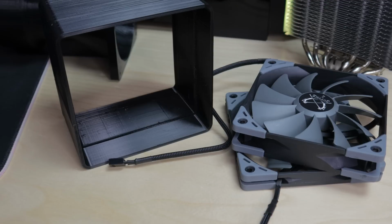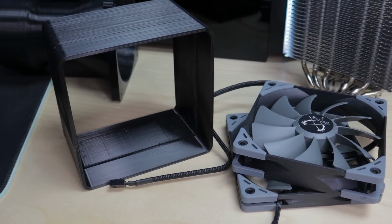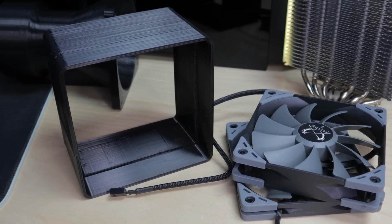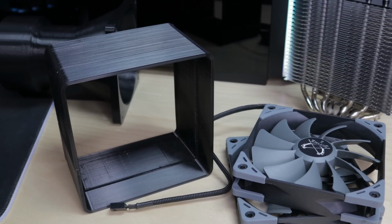To simulate the air cooler's fan configuration, I also printed out a bracket that's going to hold the fans at the exact same distance that they are when they're mounted to the cooler. And then we don't have to have the fin stack or anything like that playing any part. It's just the fans, and we can test them by themselves and then together. And then I also threw in a bunch of other fans that I have around here just for some context, so you can see how well fans of different brands and names perform versus these fans